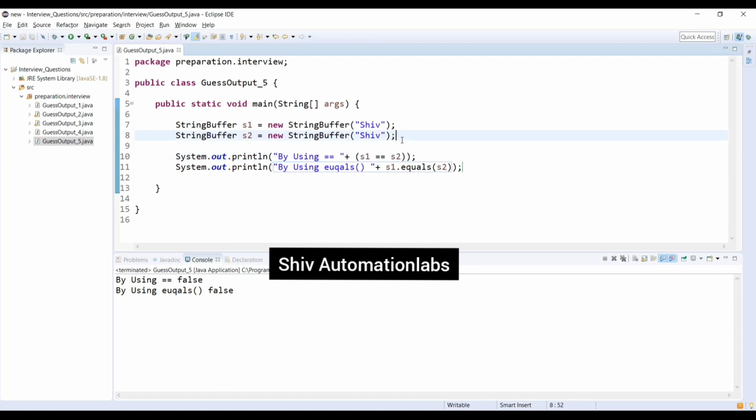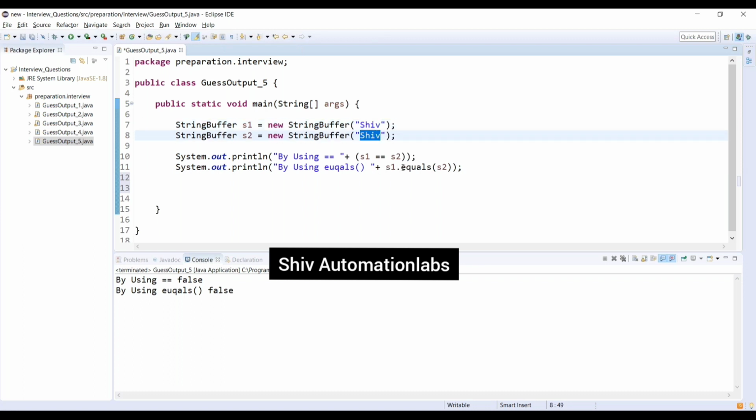But in the second scenario, we have the shoe value in both sections, and we are comparing with s1 dot equals s2. So this should return true, right? Because we have seen in our earlier videos, whenever we are dealing with the equals method it should return true because it compares the value, not the object.